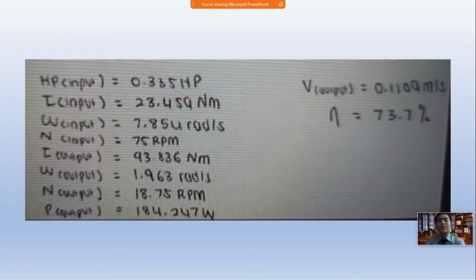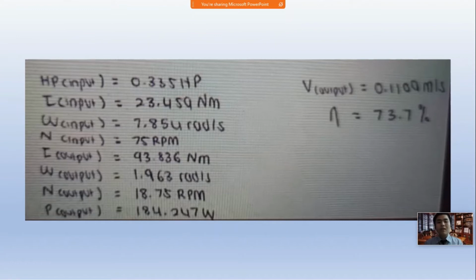So this is a part of the calculation, and the whole calculation is in the report. First of all, the torque output is 93.836 Newton meter. The angular velocity is equal to 1.963 radian per second. The number of revolution is equal to 18.75 rpm. The power output is